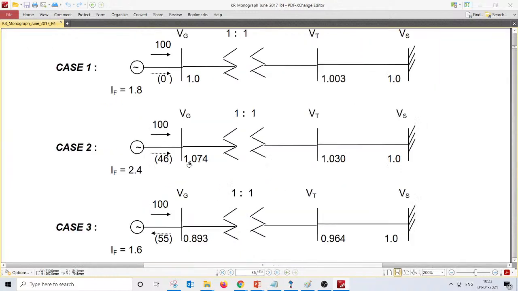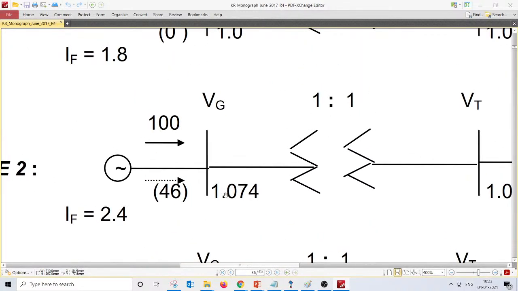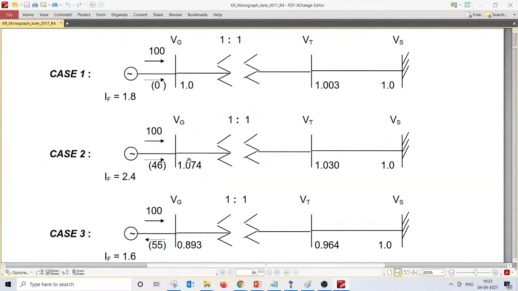If you have gone through any generator data sheet, you can easily understand that the generator voltage tolerance is only plus or minus 5%. Which means this voltage range is not really allowed. You are not allowed to inject this much reactive power to bring the voltage beyond 1.05 per unit or 105 percent, because the tolerance of the voltage on the generator is very stringent, only plus or minus 5%. If you look at this, the voltage here has increased by 7.4%, but at this place the voltage has increased about 2.7 percent compared to this.